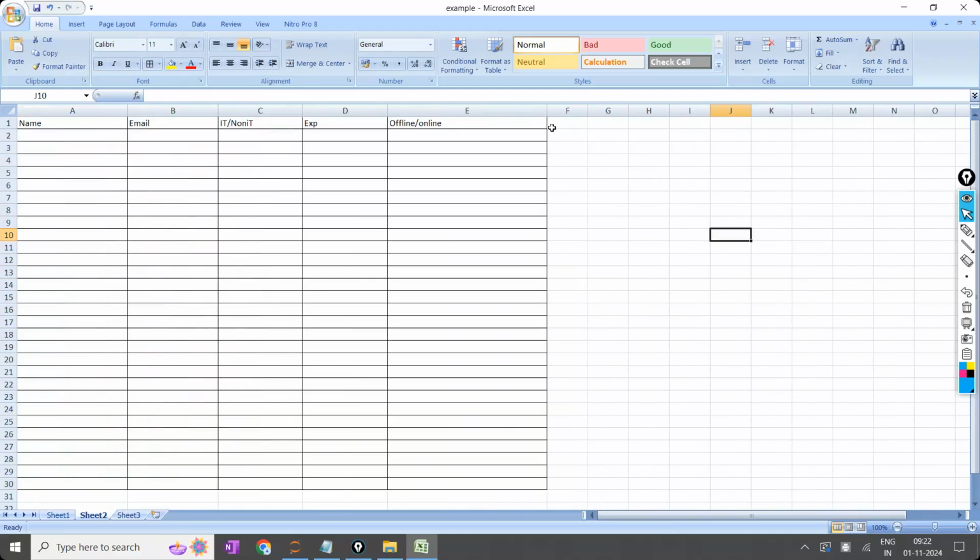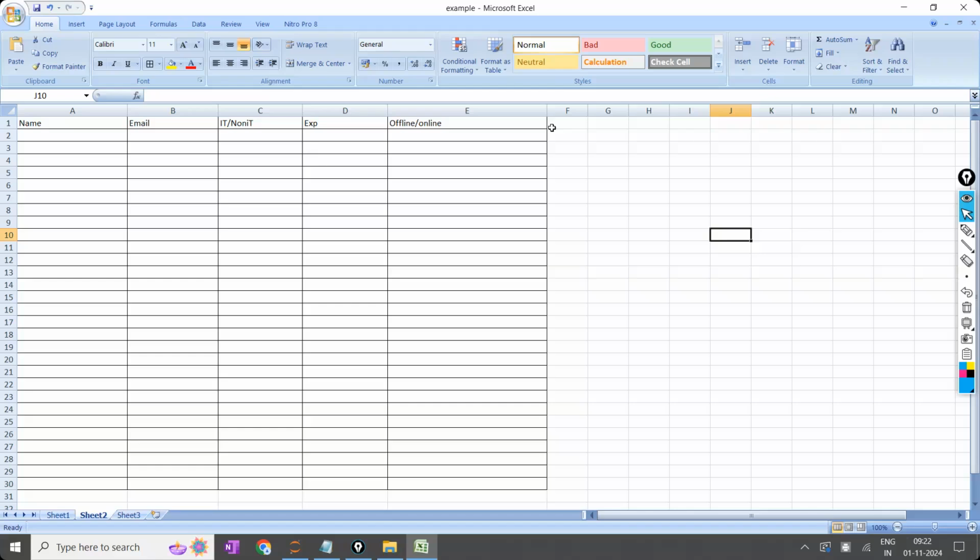All the students are going to fill the details and send them to me, for example, if a Google Sheet is not there. What generally happens is the students fill the data and send it to me in the mail. Once I receive it, in this class 100 students are there, both offline and online. How many mails am I going to receive? 100 mails. Once I receive 100 mails, I have to enter them manually.